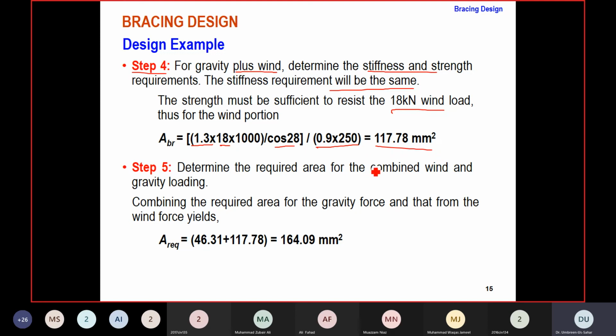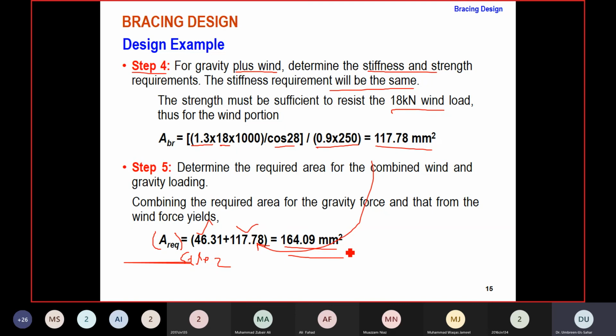Okay, so what you can do now in step number 5, you can add the effects due to the gravity load and due to the wind loads. Both of the effects are superimposed, and finally you get the required area. This is 164.09. Okay, so now this will be the area of the brace depending upon strength, load. So this will be 2. Out of these two, the larger one,